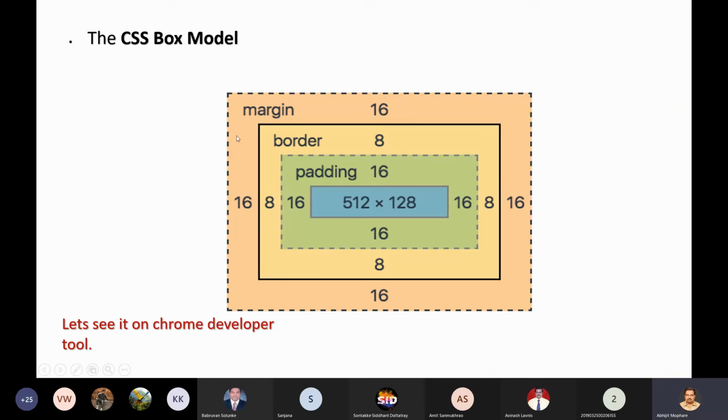So every element, when it is displayed on the viewport, occupies a rectangular shape, and it has its specific width and specific height. These are the two properties every element has. But in addition to that, it also has more properties like padding, border, and margin.